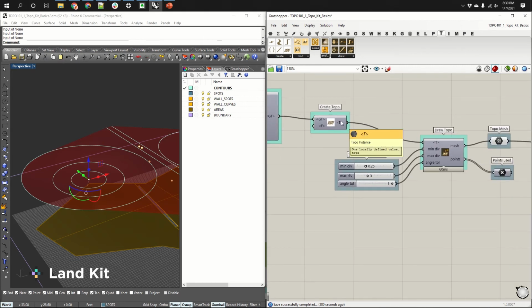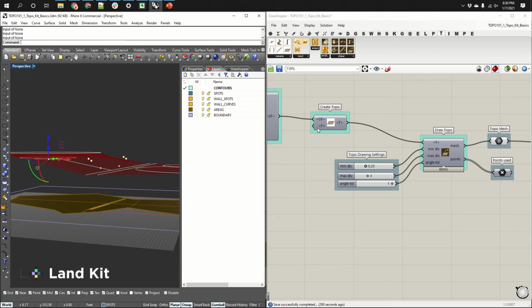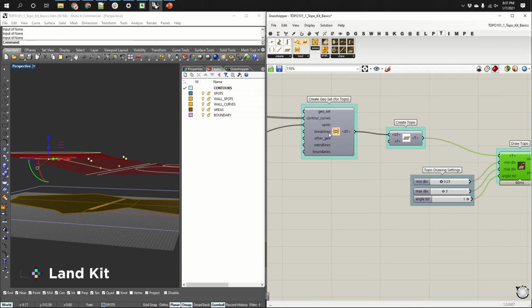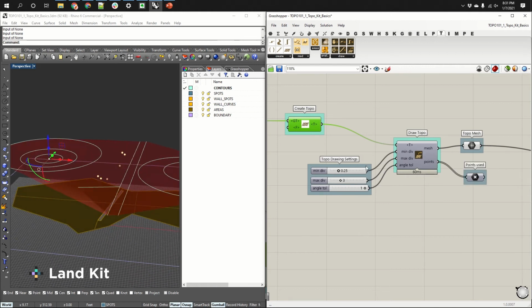But once we have our topo, we can't actually, interestingly, see it. We're thinking about different ways of potentially previewing. But this is actually great because we can do all this different stuff computationally with the topography and then draw it. So we'll get into that in later modules of this course. But right now, we're looking at how to very quickly bring in contours and spots in order to make a topo instance that we can draw. All right. Now,